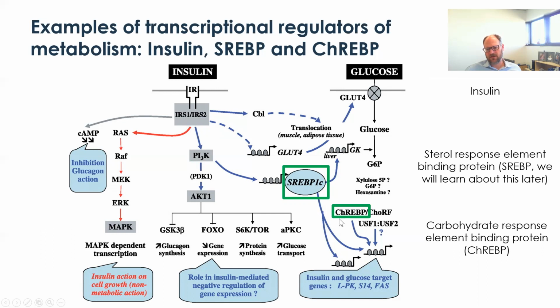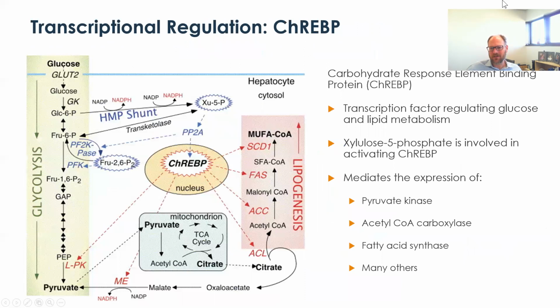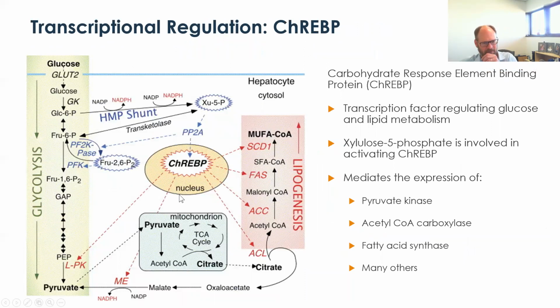There's another example, the carbohydrate response element binding protein. This one's really cool, and I'm going to tell you a little bit more about it on the next slide. So the carbohydrate response element binding protein is unusual in that it binds a metabolic intermediate, xylulose 5-phosphate, which is an intermediate of the pentose phosphate pathway. When it binds to